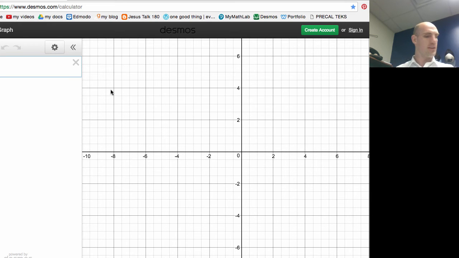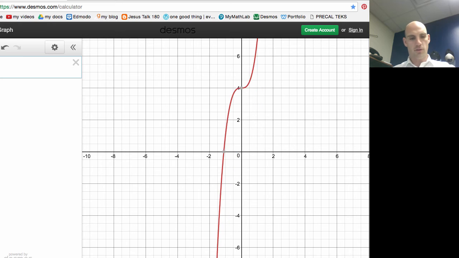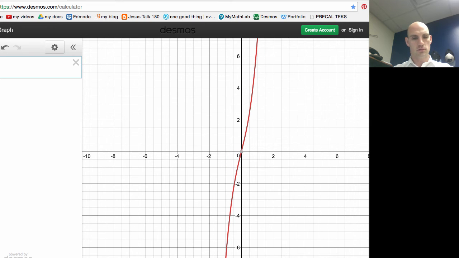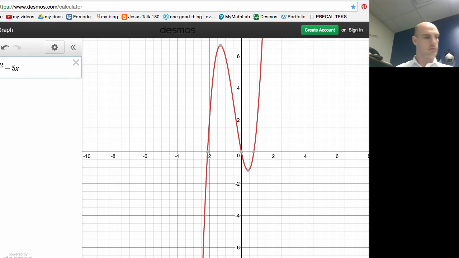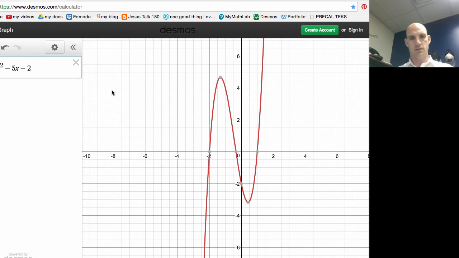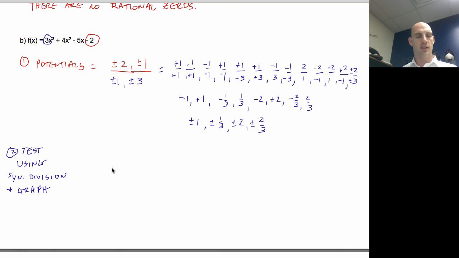And so if I go to graph this, I've got 3x cubed plus 4x squared minus 5x minus 2. All right, so check it out. Look at what I've got. It looks like I've got one kind of here at negative 2. It looks like I've got one here at 1. It looks like I've got one here that might be like a 1/3 maybe. Okay, and so if I go back to this,